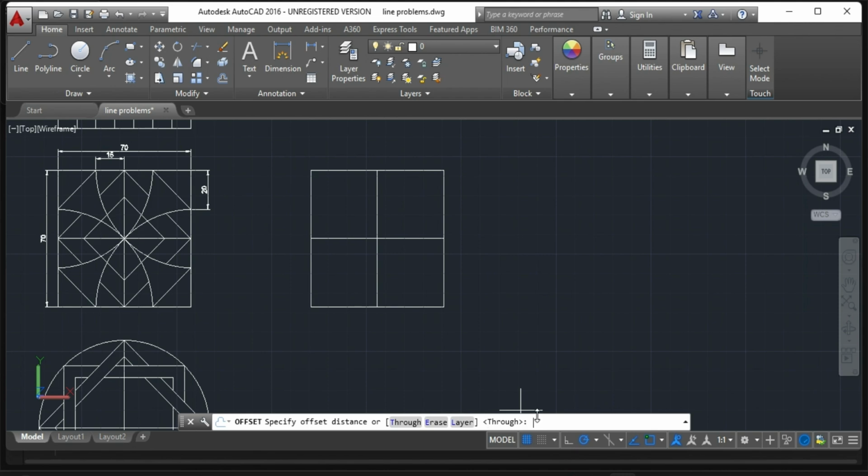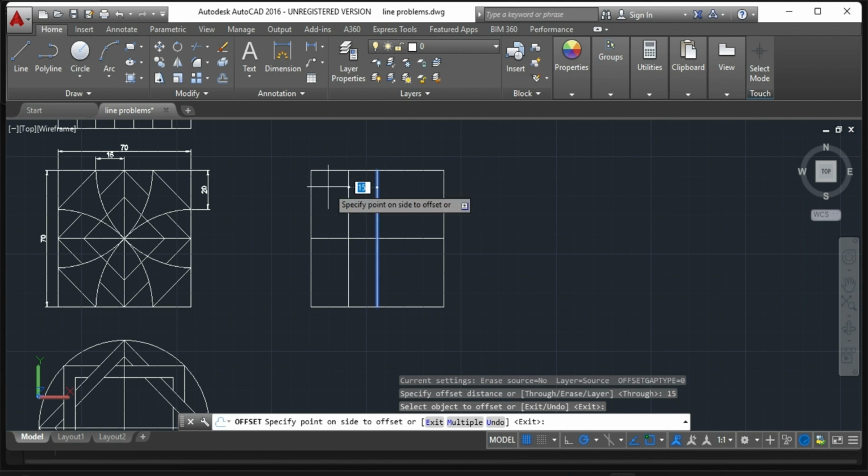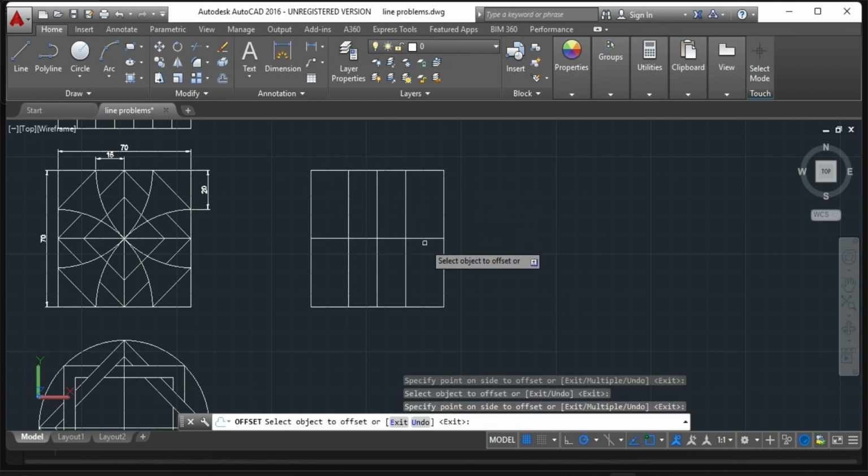Okay, so I'm going to type based on what we have here. The offset from here to here is 15. I'm just going to type 15, enter, and click here. Offset to the left, and here offset to the right. The same thing here, offset to top, offset to bottom, and we've been able to establish the framework we've added to help us do our